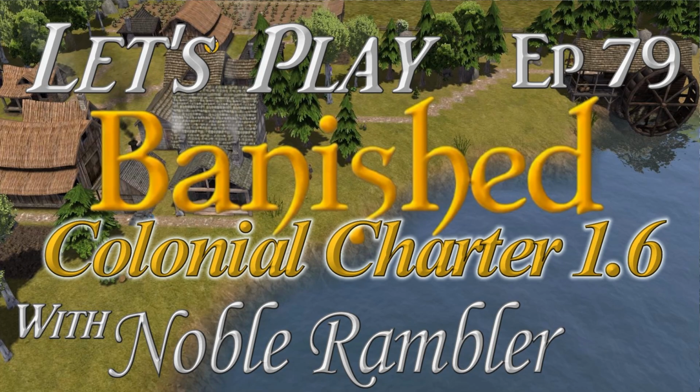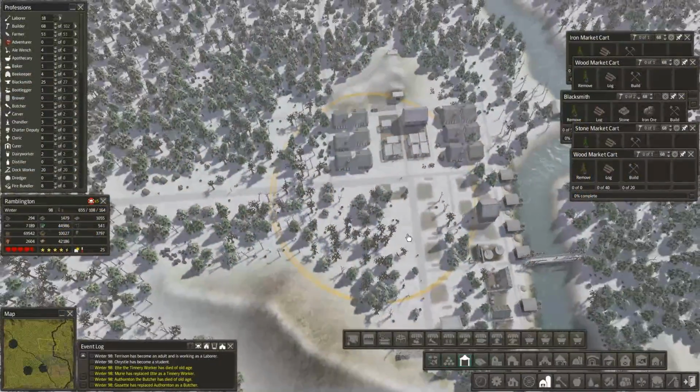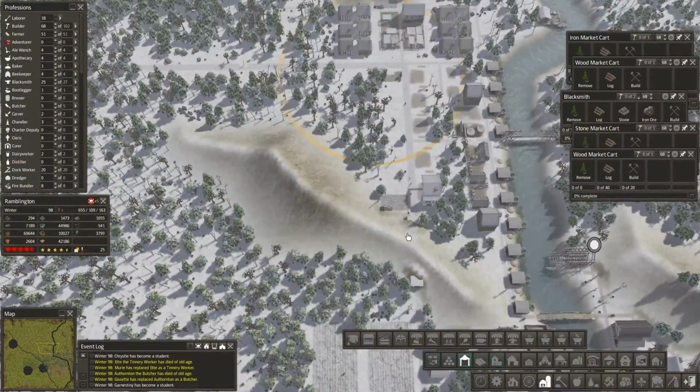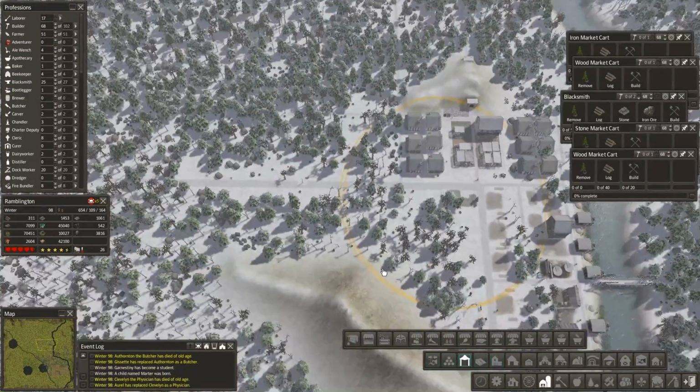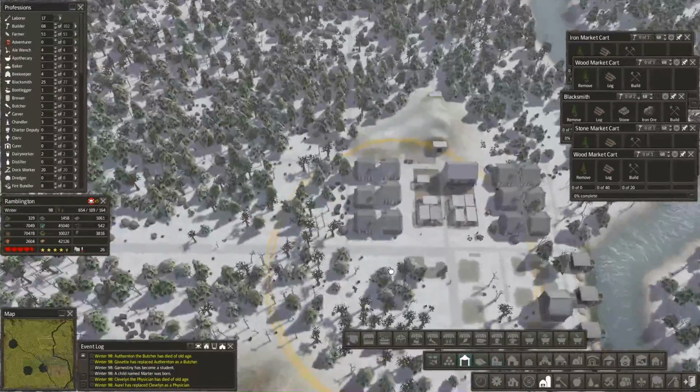We're using the Colonial Charter mod version 1.6, and this is our new northern, what should we call this area? We're kind of in the northwest of where, well, we're actually due north of where we started. We'll call this the North. The Great White North. There we go. That'll work. Game's already running,